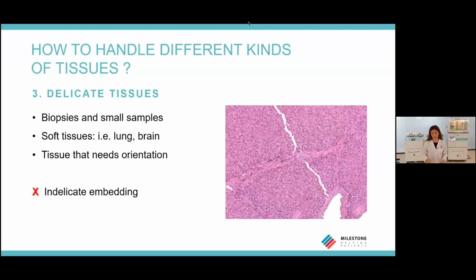So we have seen samples with different thickness and fatty tissue, and it's now the turn of another type of tissue, that is delicate tissues. So, samples that require particular attention. These can be for sure biopsies that are small and thin, but also soft tissues like lung, and also tissues that